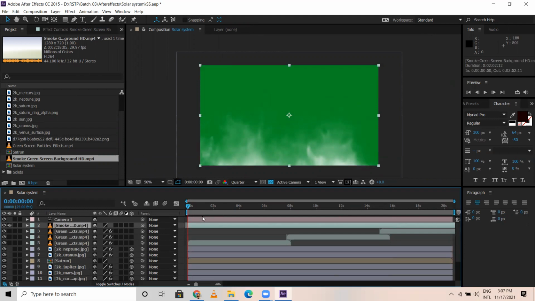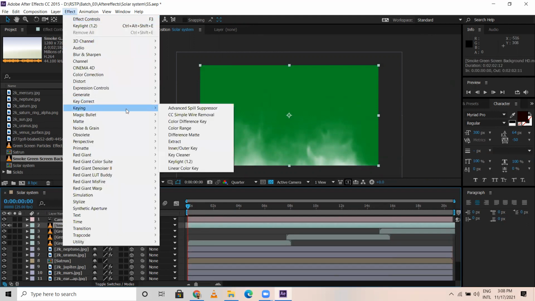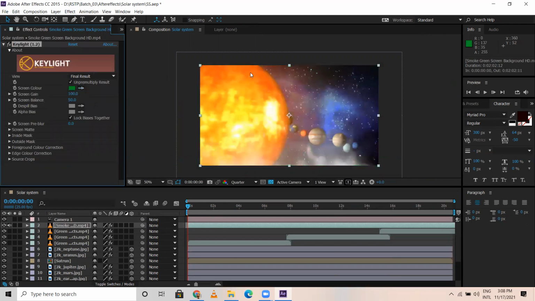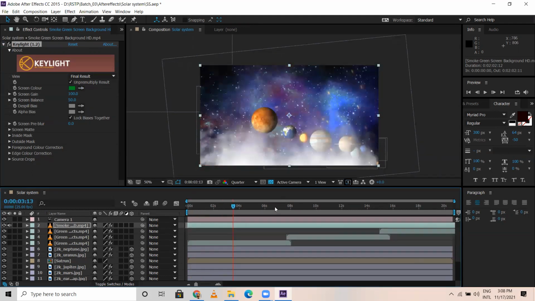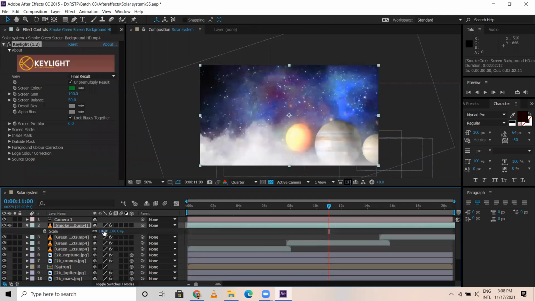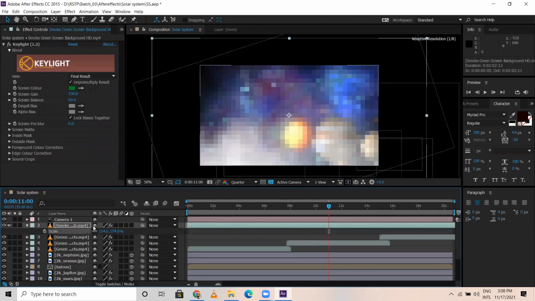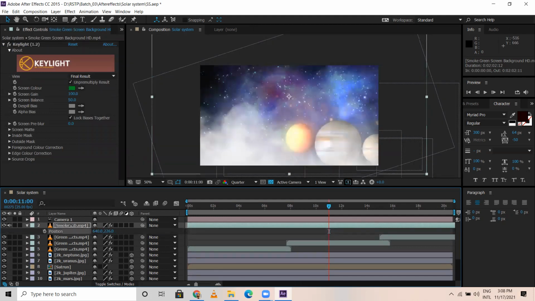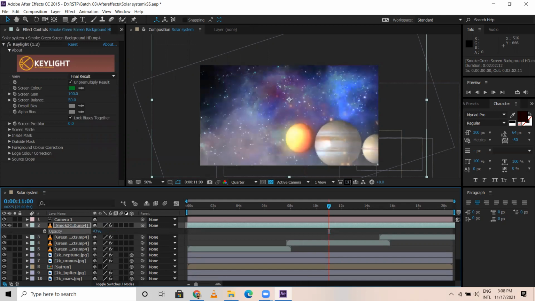Again, select this footage, go to FX, keying, Key Light, pick this eyedropper tool, click on the green color. That's gone. Now you see smoke here, a lot of smoke. So what I would like to do is scale this a bit and adjust position x-axis, y-axis. Let me bring it up to here. And opacity, I would like to reduce opacity.